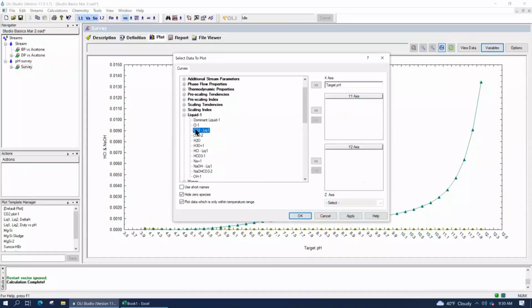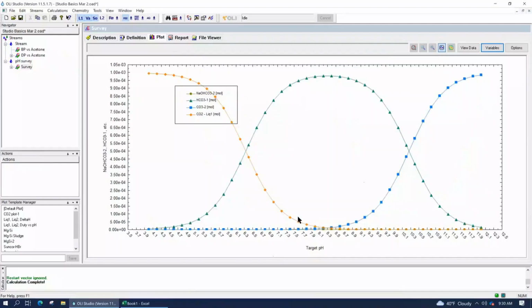So that's going to be the dissolved CO2, carbonate anion, the bicarbonate anion, and then the sodium hydroxycarbonate ion. You can see it's going to be small, but we're going to add it anyway. So those are all the ways that carbon can exist as dissolved in water. Press OK, and there's your plot.